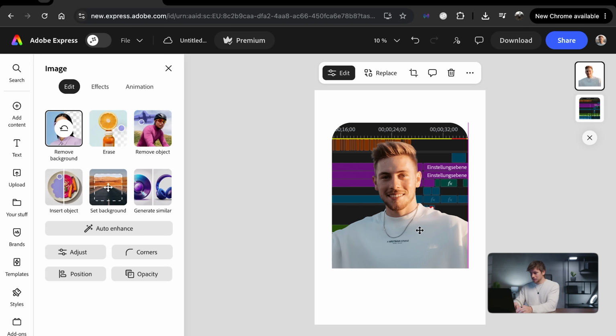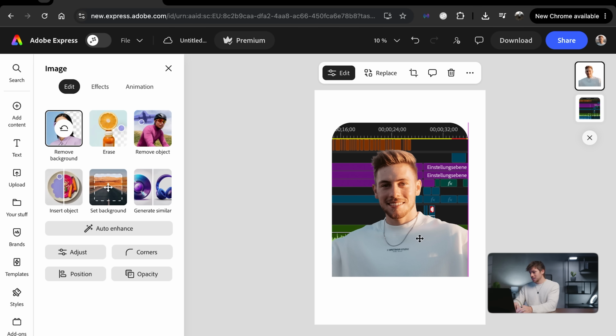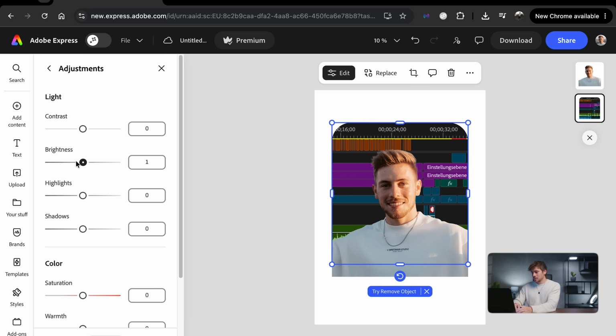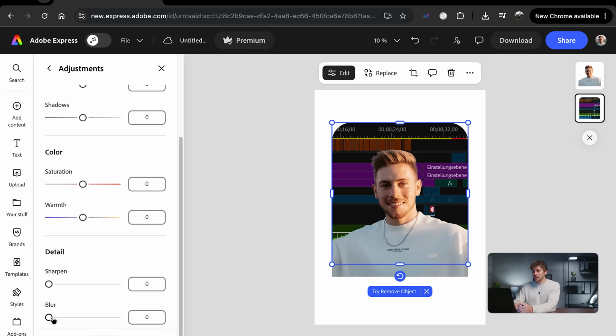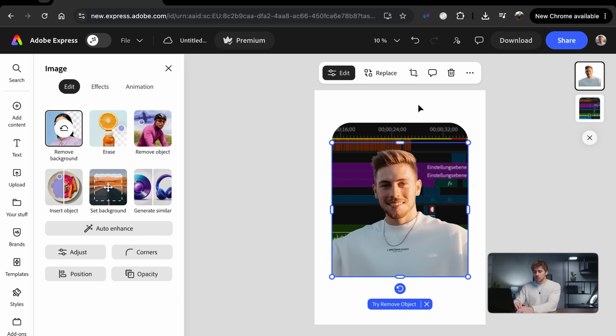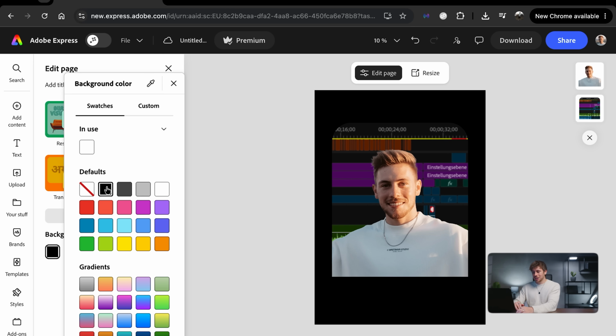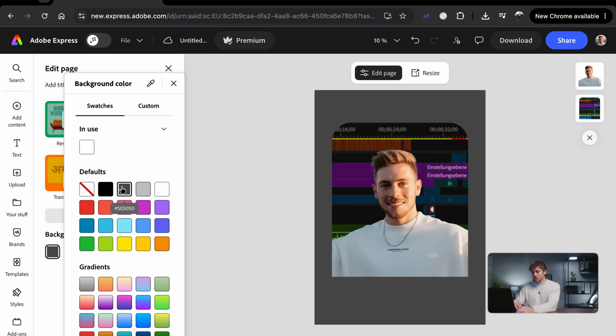Maybe let's put myself down a bit like this, and the background can be adjusted to be darker and maybe slightly blurred, because we also have this blur slider which allows that pretty easily. If you now want to go for a dark background, for example, all you have to do is click on the background, choose color